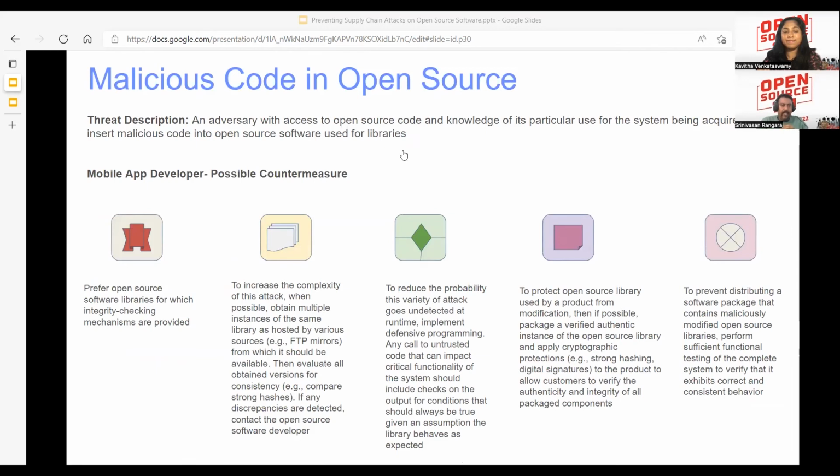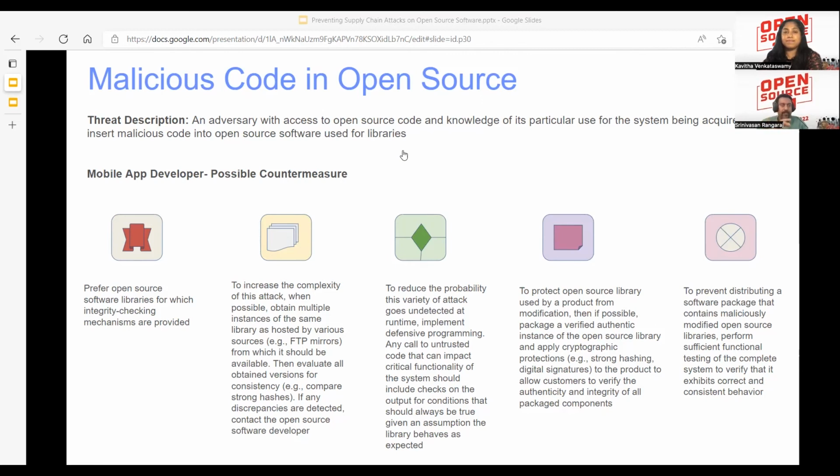So I will just pick one example, malicious code in open source. We have to understand two things. One, an open source can be vulnerable to attacks, and the other is a malicious open source. A malicious open source is something where a malicious actor has injected code into the open source, either by compromising an open source maintainer's account, or taking over their account and pushing this malicious code, or they are creating some packages with identical names.